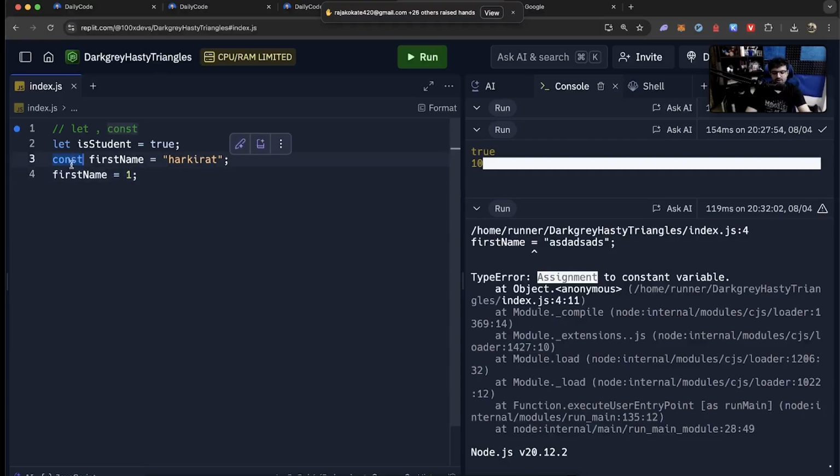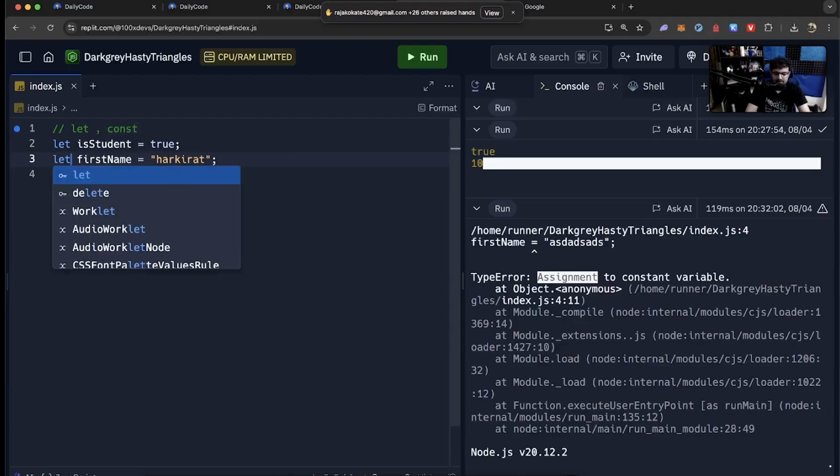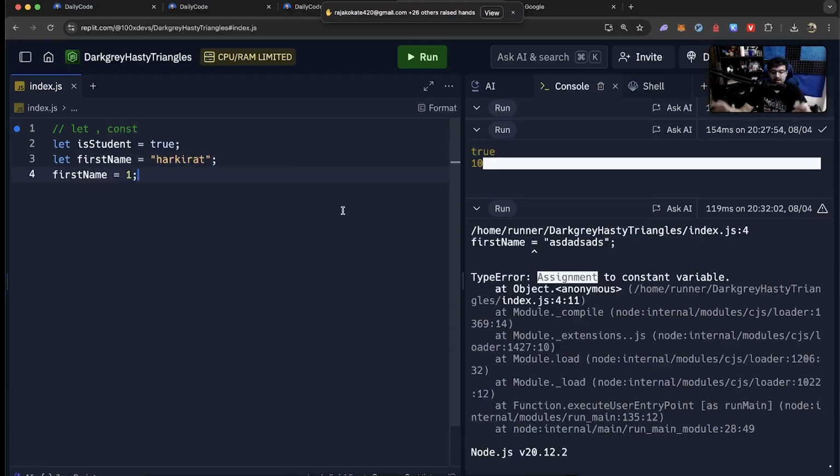So const is used when you know something's value shouldn't be changed. Do you really need it? No, if I replace this with let, nothing changes in my life. It is just a way to make your code stricter. I repeat, if you add const over here and ever try to change it, the program itself will stop executing. It is a good thing for it to stop executing if you have ever changed something whose value should not be changed.